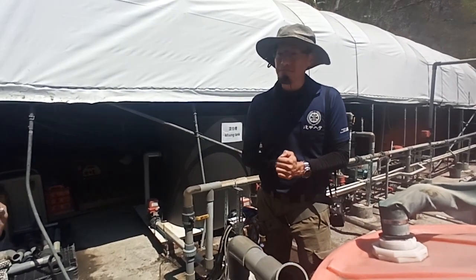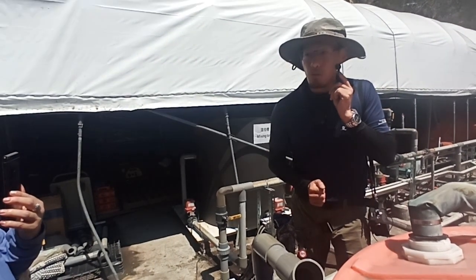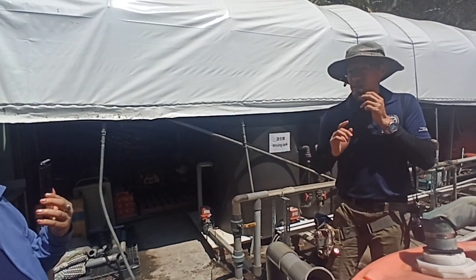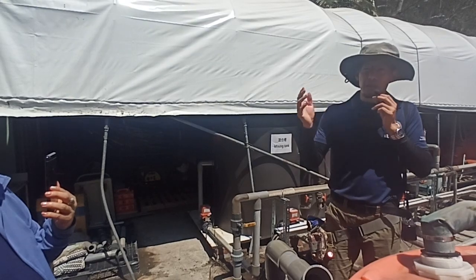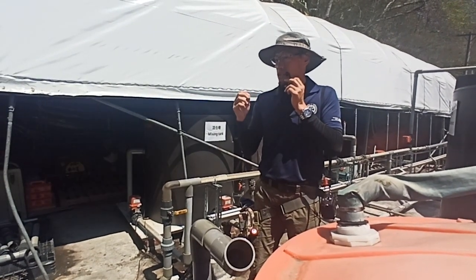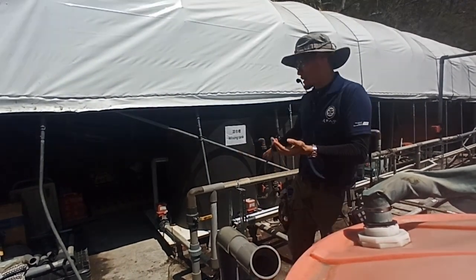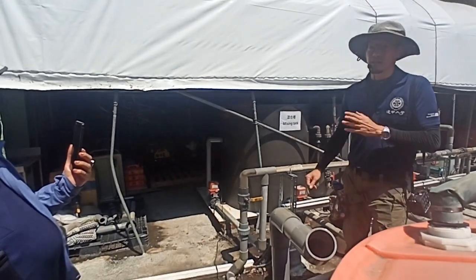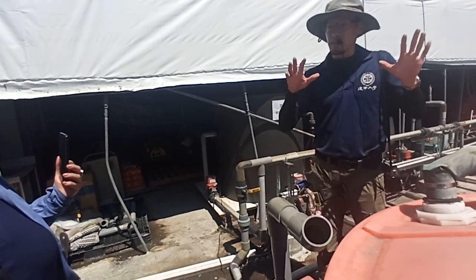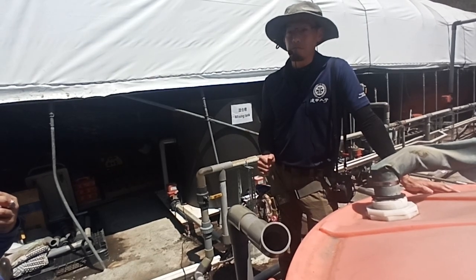What sort of constraints or problems do you have running this? Sometimes it's difficult to get biomass sources. No, because actually they have plenty of biomass here. It's a farm, so getting biomass is not the problem. But sometimes the soybean sludge has some strange things inside, so it will stop my pipe. External materials can block the system, and that happens often. Sometimes we need to go down and fix it. Otherwise, the system runs automatically and can be maintained by the workers here. You have to educate the people who bring the